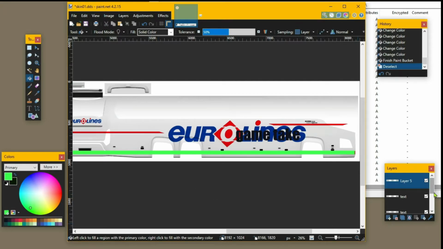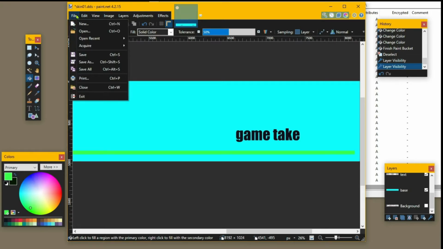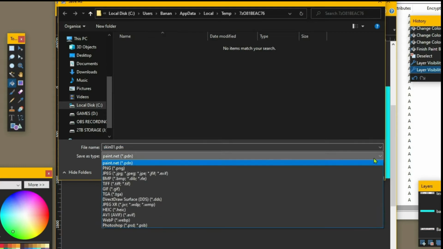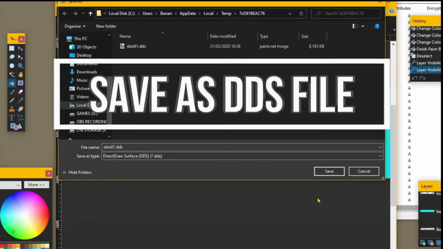Right, then what we want to do is just check in our base layer, remove the background, and then we want to come up here to File, and we're going to save this. Now you'll see, because we're in the mod folder, it's all in the right place at the right time, and it still says skin 001 PDN. We don't want to save it as a PDN, although you could do, so that you could come back into it to do more and more things, but we're going to just save it as a DDS here,